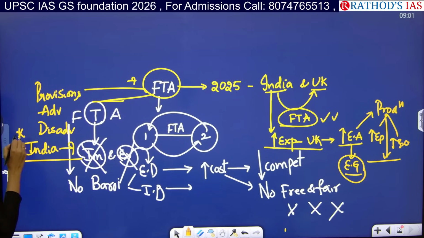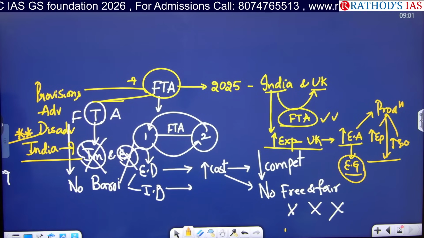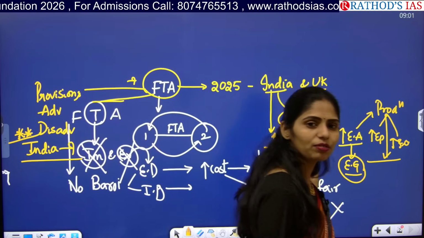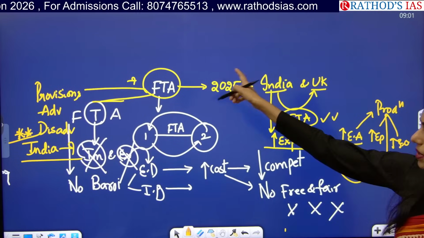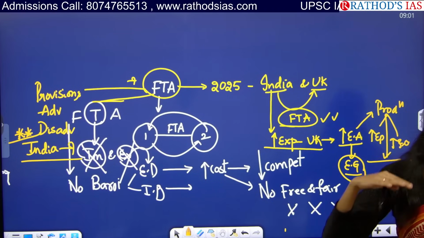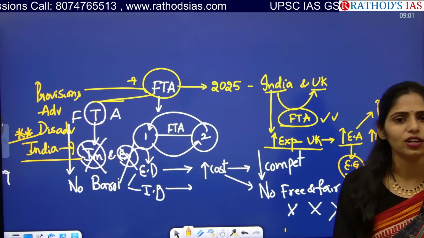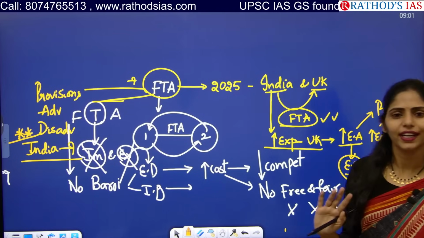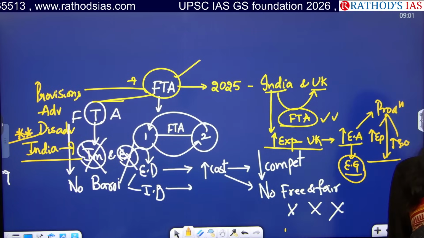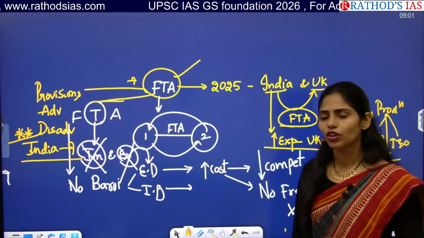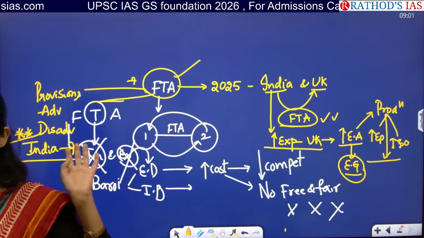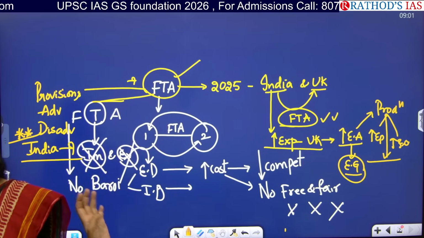This is very important from the prelims point of view. Now, you are going to write prelims in 2025, and this FTA is from 2025 itself. So there may be a chance of a question in your prelims like, which of the following countries have an FTA with India? Choose the correct or incorrect. You may get a question like that. And there is also a high chance of getting a question regarding FTA in mains. Define what FTA is, and what the advantages, disadvantages or challenges are, or suggest some measures. In this way, you will be getting questions. Okay?